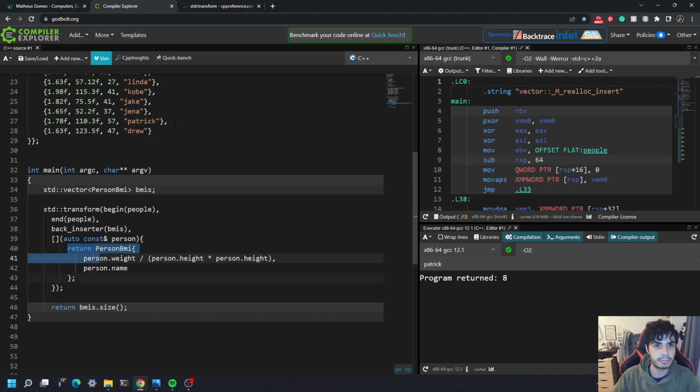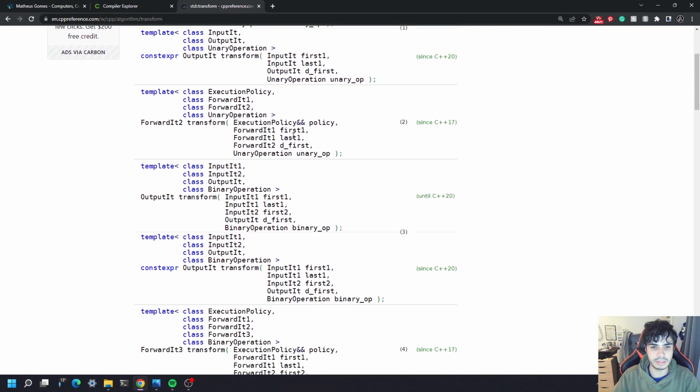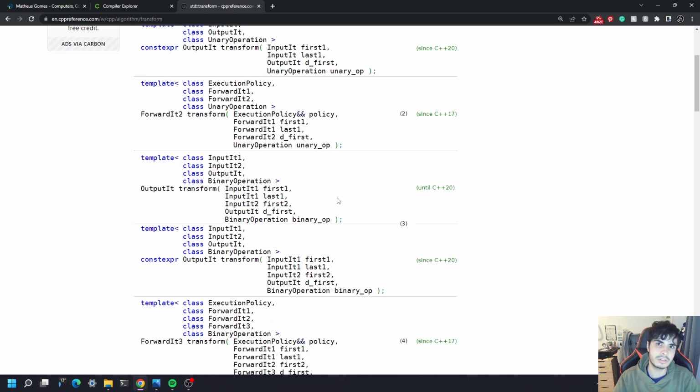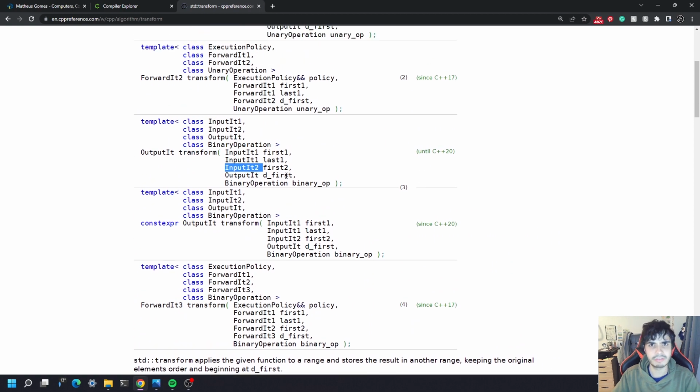So it's very easy to do, and there are many different ways you can call transform. Specifically, there's this third way here, which instead of taking two input iterators, it takes three. So it takes the first and the last element of a list, and then it takes another one here, input iterator 2, first2. And it doesn't actually explain it very well here, maybe in the documentation here. I haven't actually read it. But what this does is, instead of just focusing on one array to convert types from, you can have two different arrays in the transform. So you can transform two different arrays into one single array.